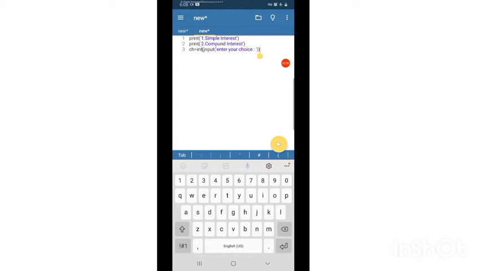So if the user has entered choice 1, it should take them to the simple interest part. If the user entered 2, it should take them to the compound interest part.